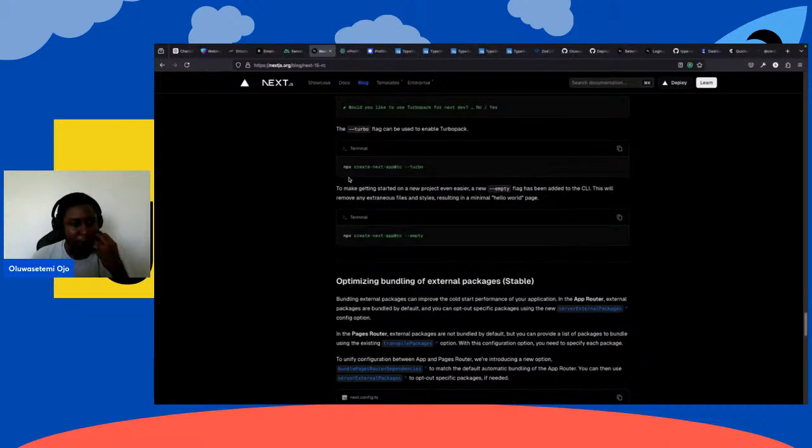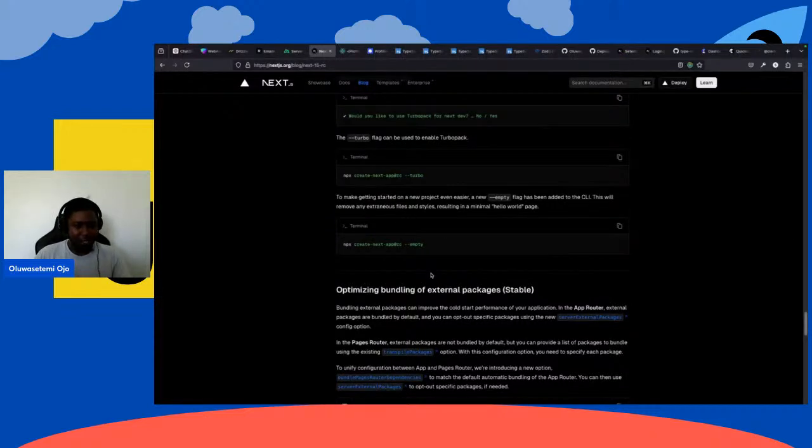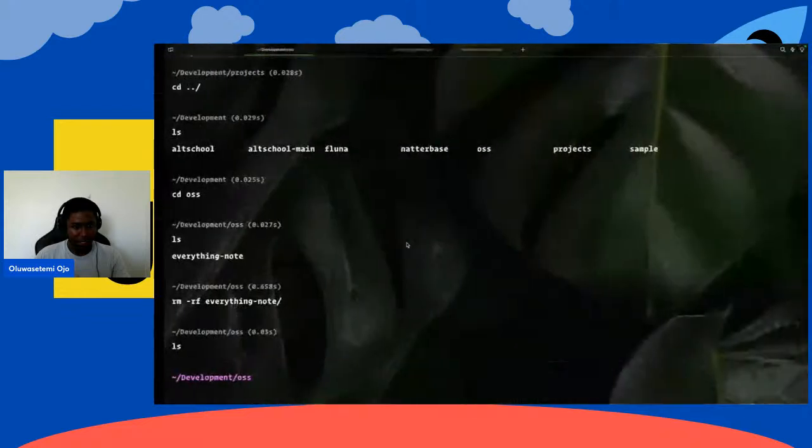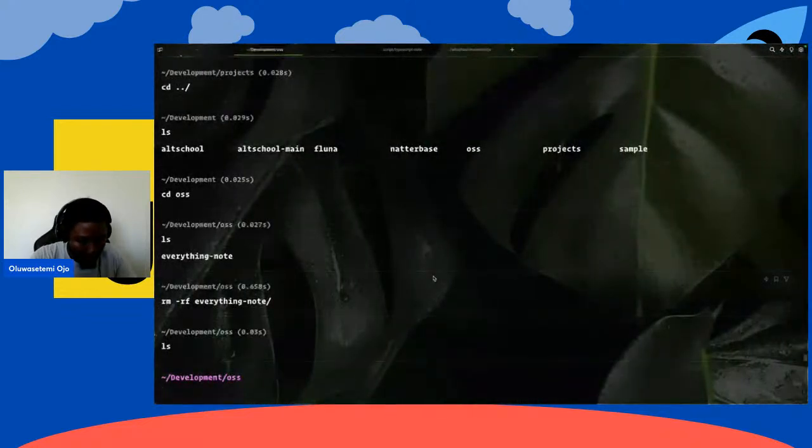So I'm going to start with the Next.js RC. I'm not sure Next.js RC works, but let's just do Next.js at latest, because the RC has a problem. So to start a new project,